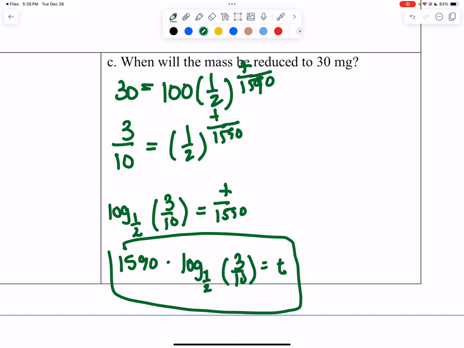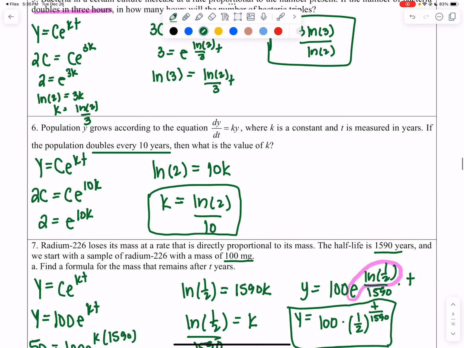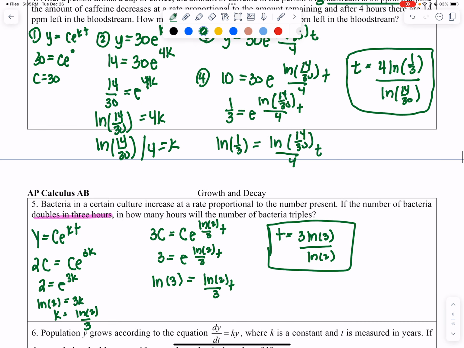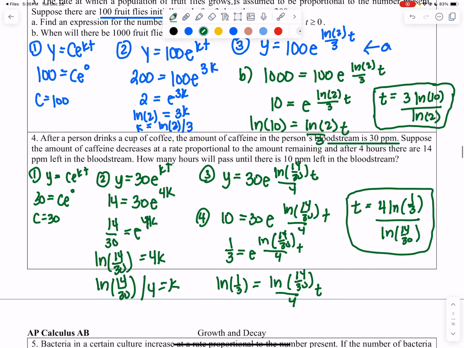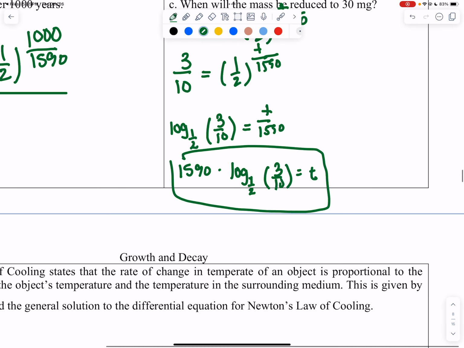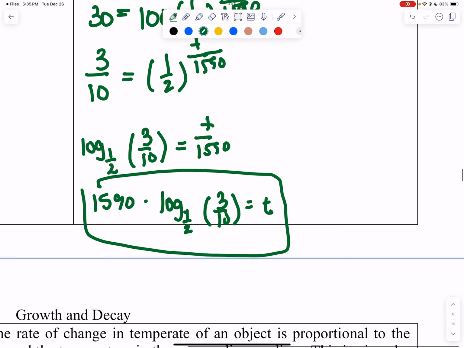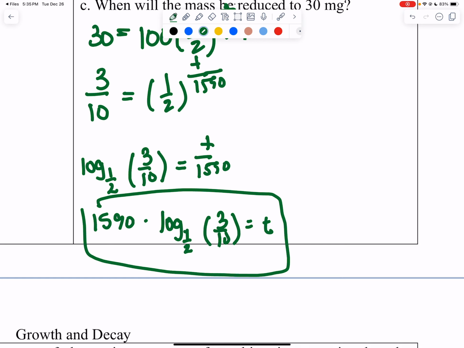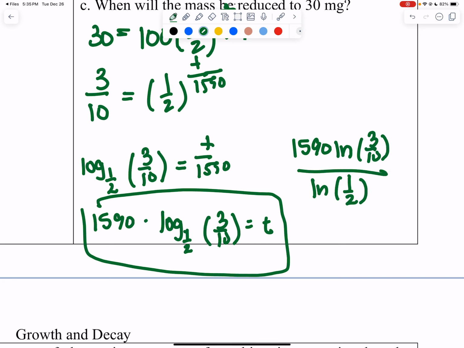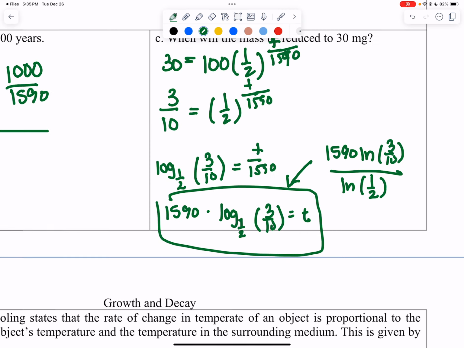Now, this answer might look a little bit different than what we've been doing, such as, let's say, number 5 right here, or number 4, or number 3. However, remember that we can use the change of base formula to make it look like that, just in case you do want to do it. So that's going to give us 1590 ln of 3/10 over ln of 1/2. Of course, you could verify that that is equivalent to this right here, and this looks like